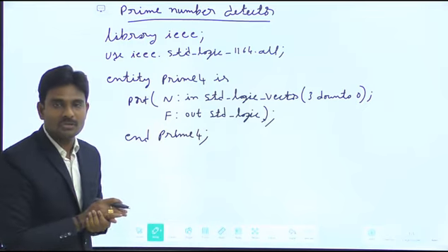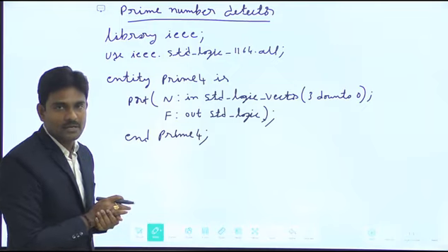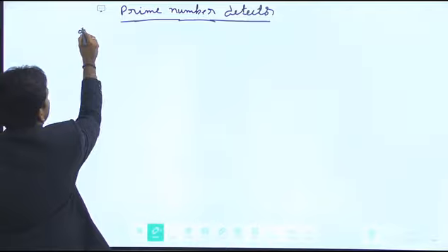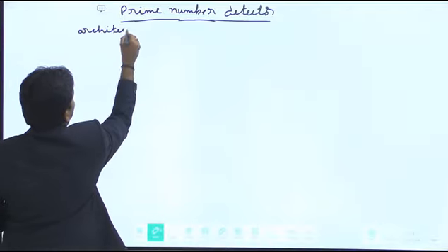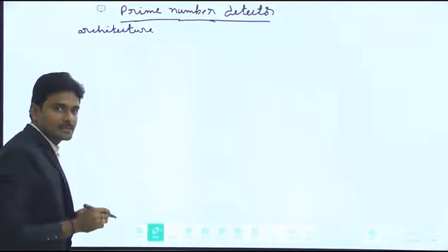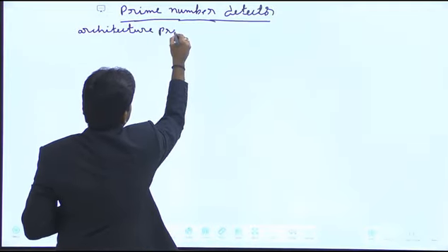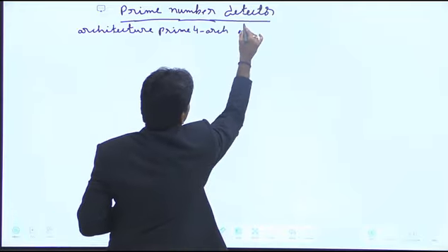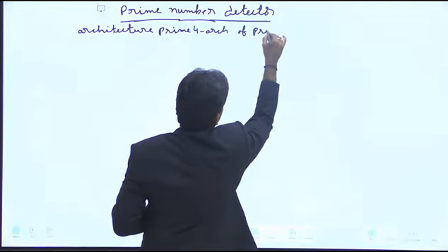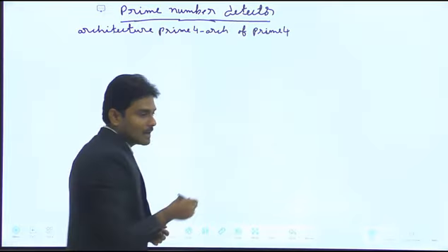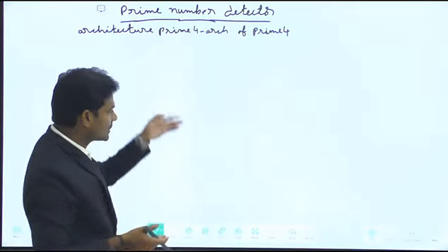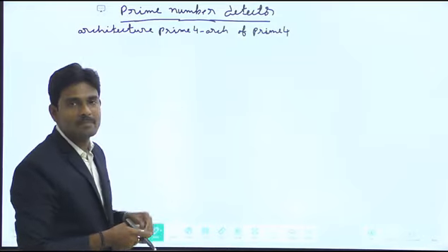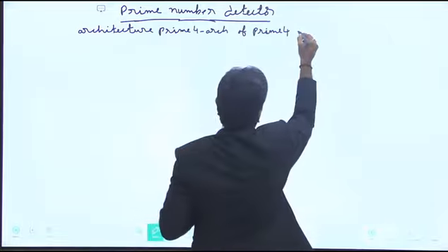Then only you are supposed to start the architecture definition. Architecture definition starts with the keyword architecture, then the architecture name. As a general exercise, prime4_R of entity name, which is prime 4. Therefore, I indicated it with respect to inputs, because in that particular prime we considered 4 inputs, N0, N1, N2, N3. In that regard, only I mentioned 4. Okay, so is.